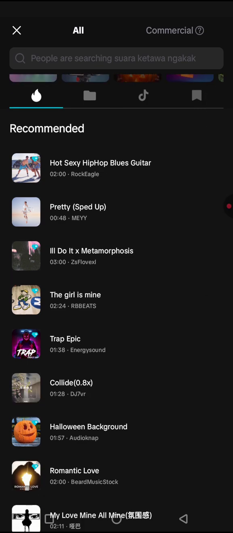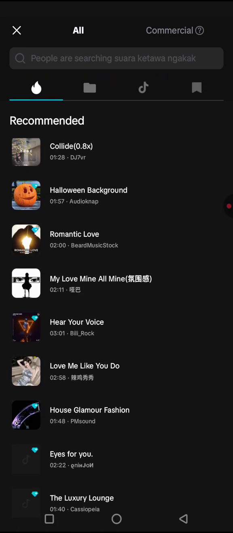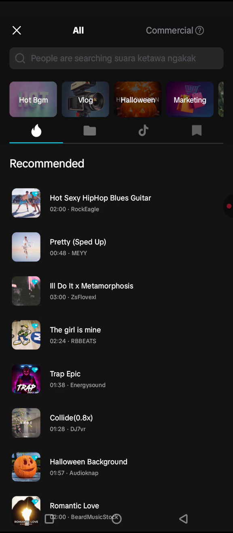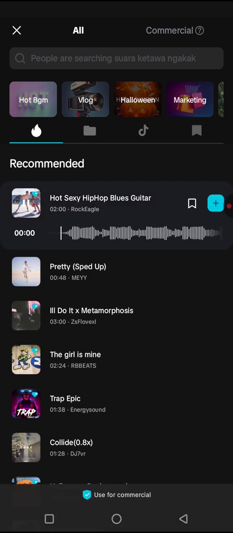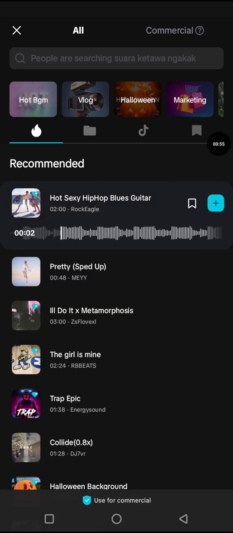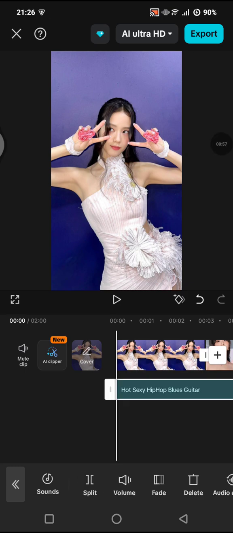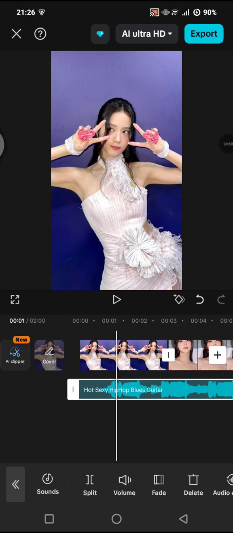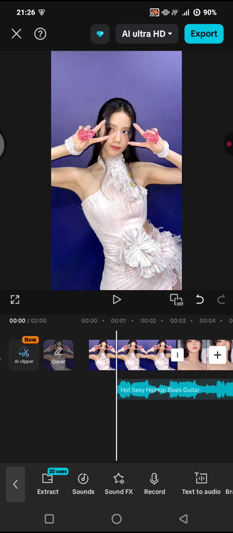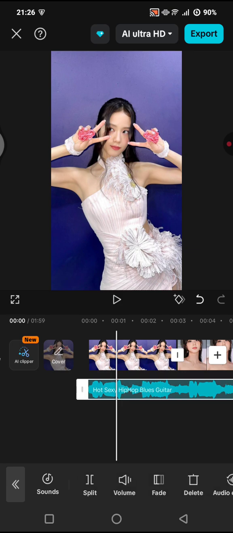So for example, in here I'm going to just add this one. You can hit on the plus button and it will be added to your clip. Here I'm going to trim the audio first, and now to add the beat, you can just click on the